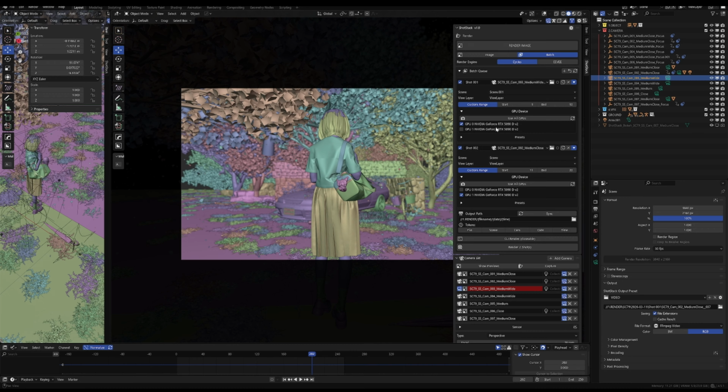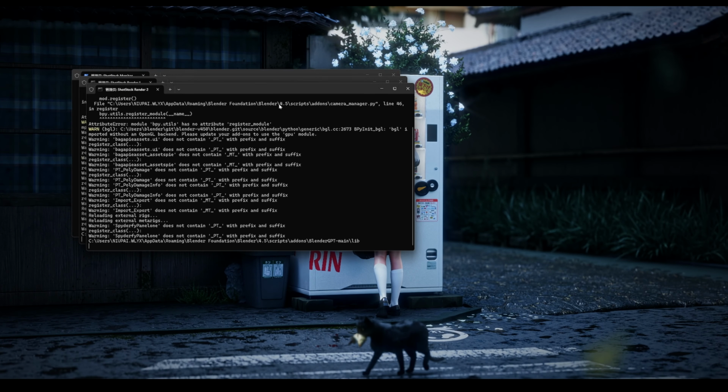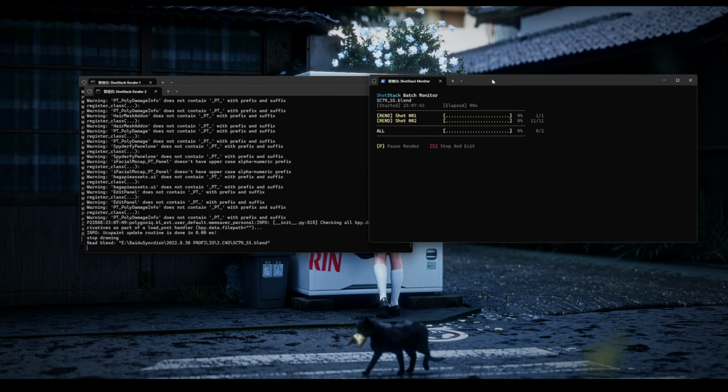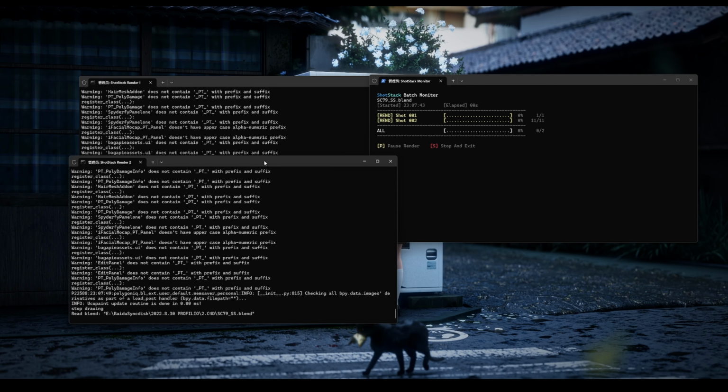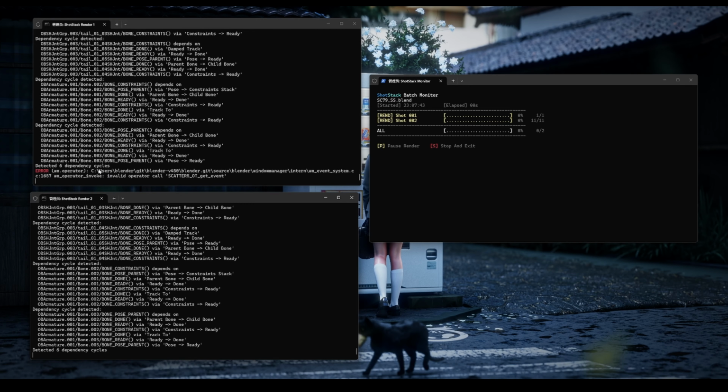After turning on the command line rendering switch, once we click render, this will automatically close Blender, and a rendering window like this will pop up. First, there is a primary monitor window like this, and then a separate rendering window for each individual shot. We can clearly see them reading the various files on the left side just like this. And you can keep an eye on the rendering progress right over here. At the same time, here you have the completed rendered files, as well as the start time and the progress